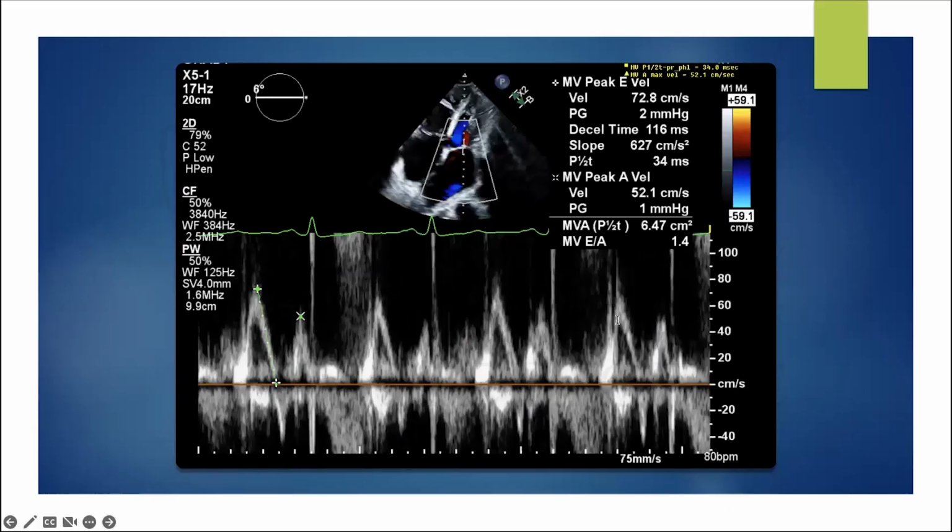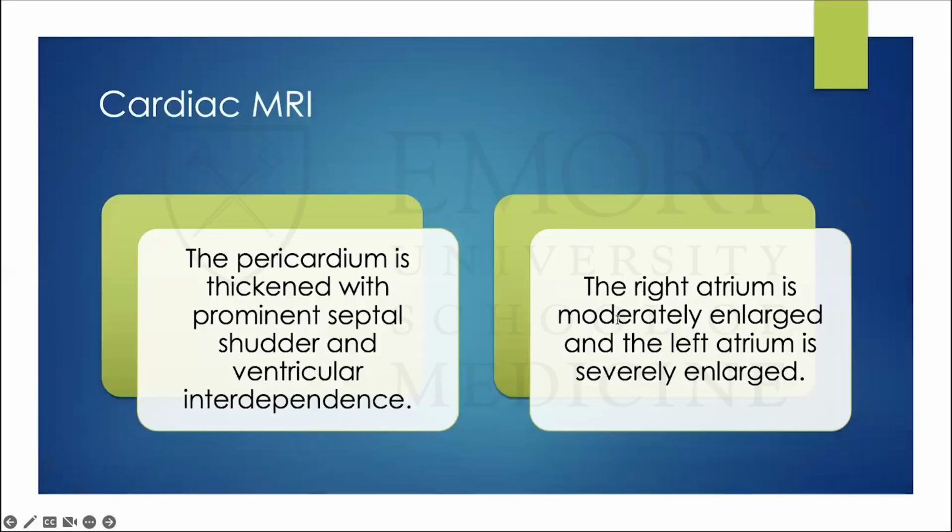And here's our patient's mitral inflow E to A ratio, E velocity, A velocity. You can see that it's at 1.4. We'll talk about the significance of some of these findings a little bit later. At this point, the patient and the primary team were pretty concerned about a constrictive versus